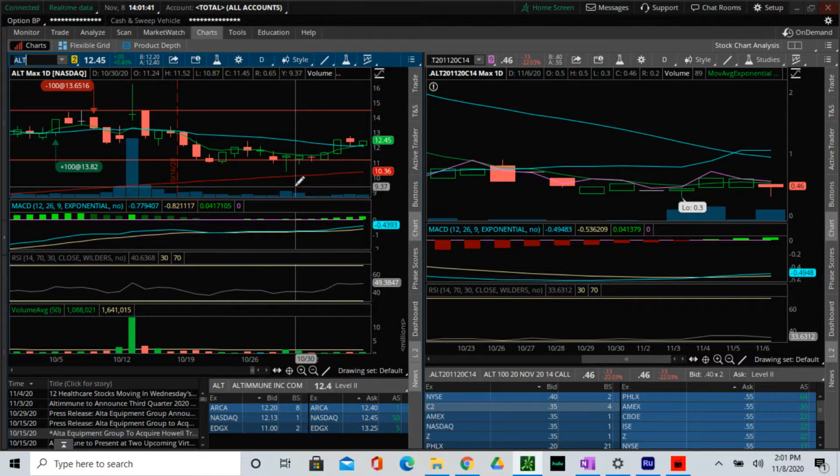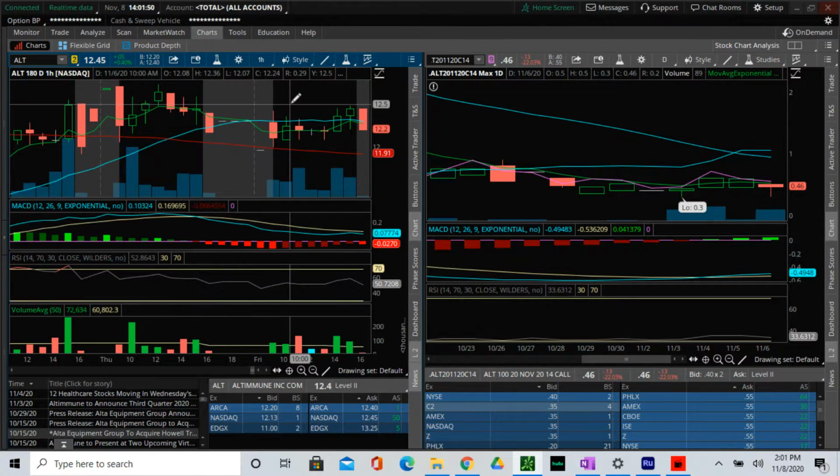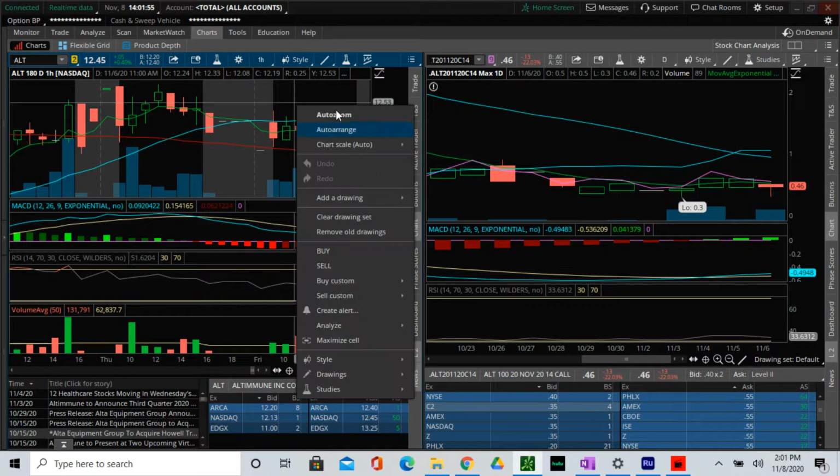So now I'm like, okay, well, that has formed. I'm trying to look for any downside, so I go to the hour chart. I say, all right, what does it look like in the past hours? How does it look on the day? You see that it was pretty much trading sideways on the day,